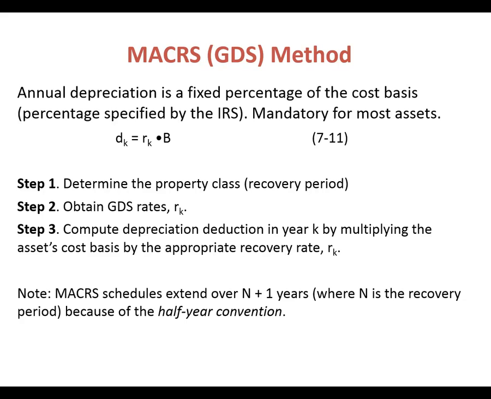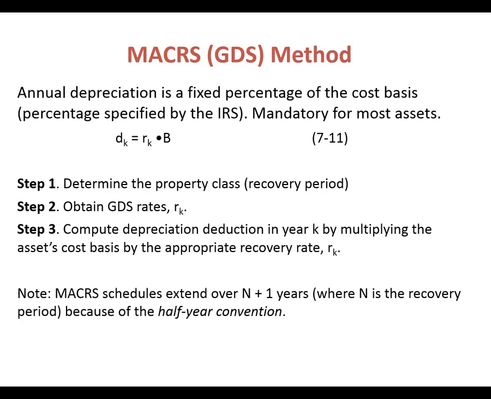But one weird thing about it is that they don't want to let you take a lot of the value the first year that you buy it, because some people are going to buy an item on January 1st, some people are going to buy an item on December 31st, and the federal government didn't want people to have the same amount of depreciation if they bought it towards the end of the year. So the way they got around that was they only allow half the first year's depreciation in the first year. That seems weird, but I'll show you a table that illustrates that point in just a minute.